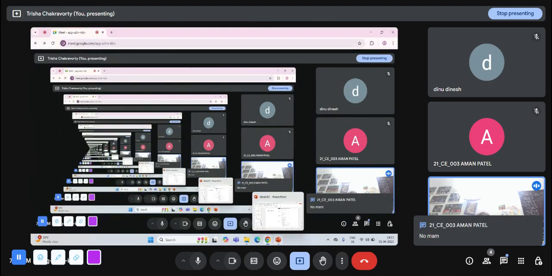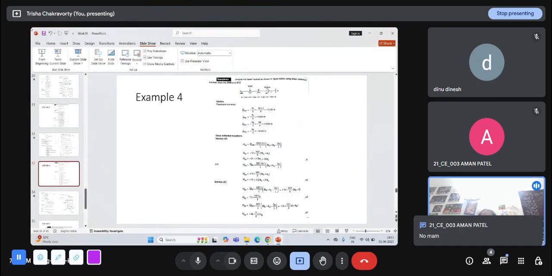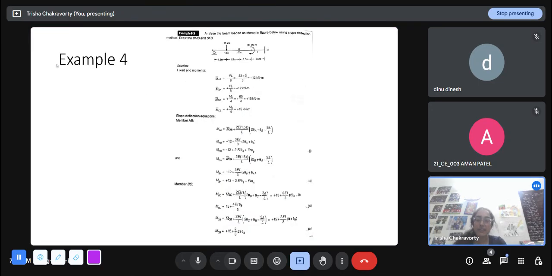Okay, so these two examples cover all the variations we might have in the slope deflection method. For the rest, you just have to identify the spans. You have to identify the unknown joint displacements or deflections, and then you are going to apply the joint equilibrium equations and solve them. After that, whatever you are asked for in the post processing, you will do.